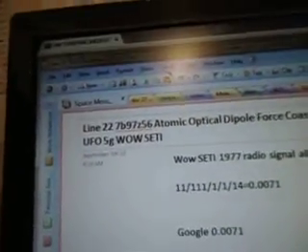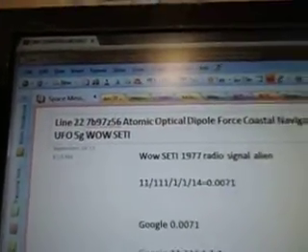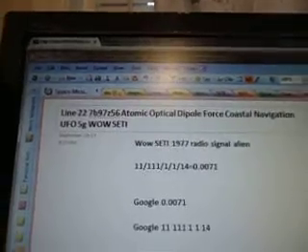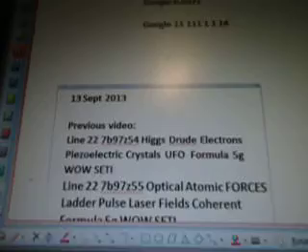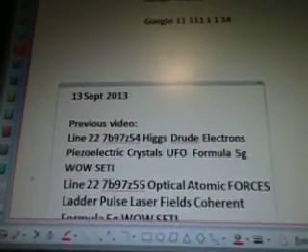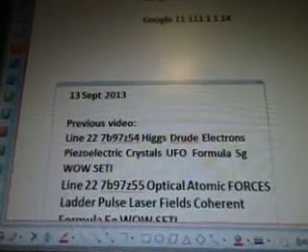Okay, line 22, 7b97z56, Atomic Optical Dipole Force Coastal Navigation UFO 5G Wow Seti. There's the alien radio signal. And this is about Euler line,